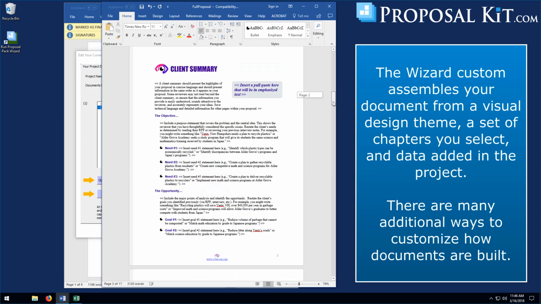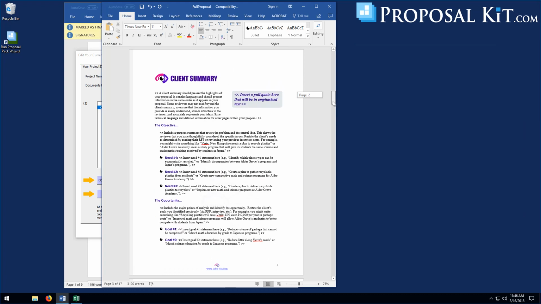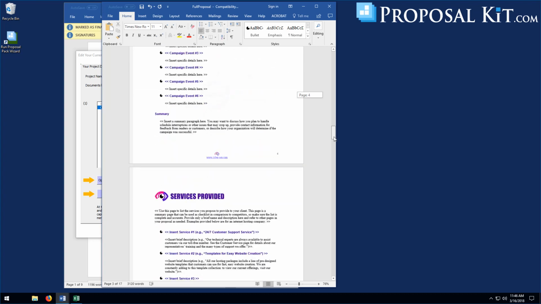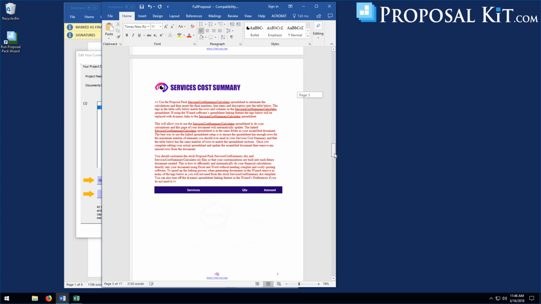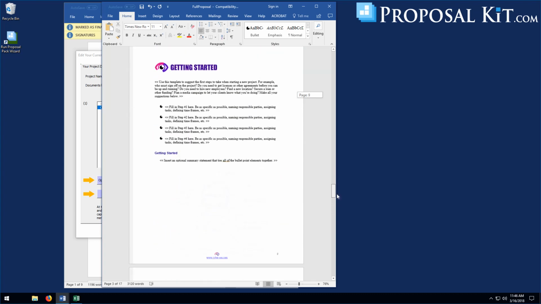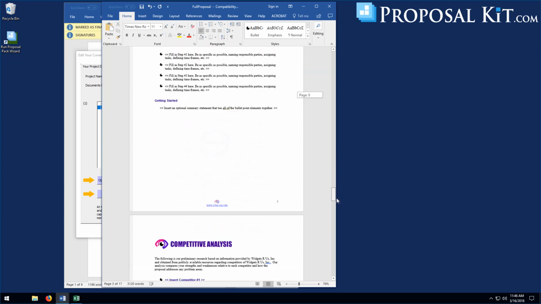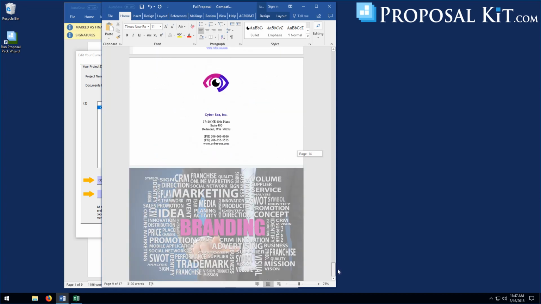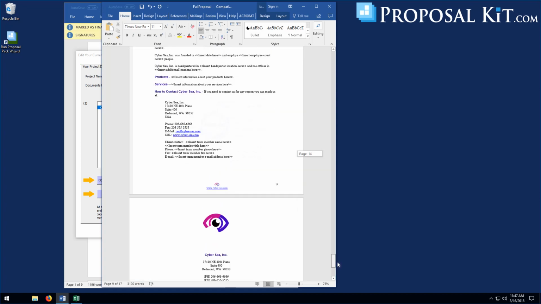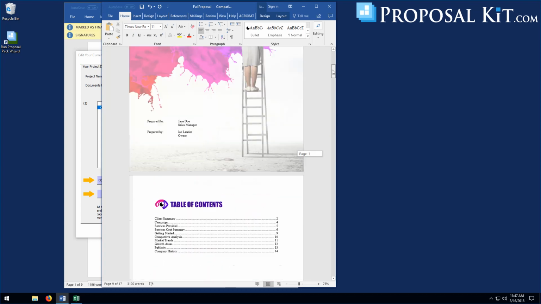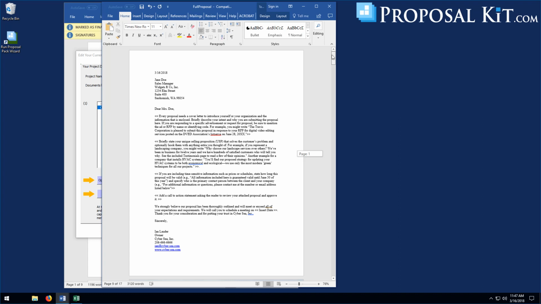And inserted all of those selected chapters that we had checked off for our project. The client summary, campaign, services page, and ends with a nice back cover page. So you see, this is how the wizard and our proposal packs can quickly assemble in a matter of minutes